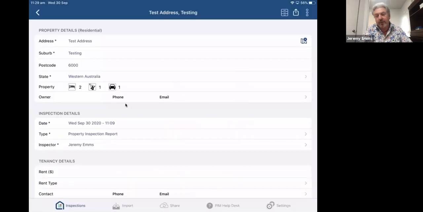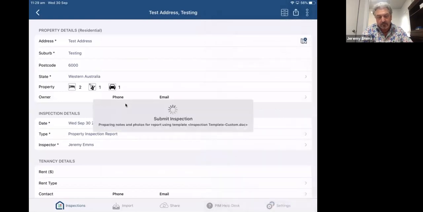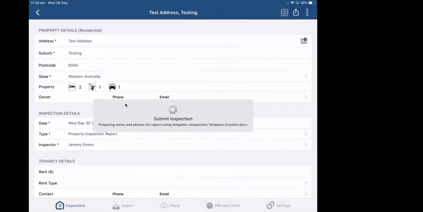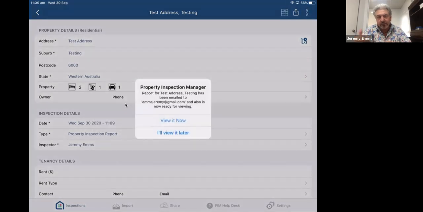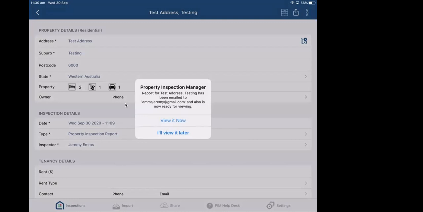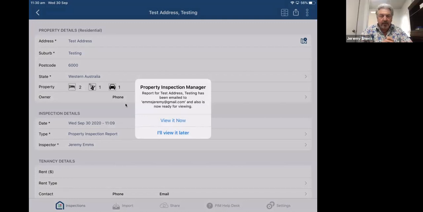So now what I can do is go to the home page with the address details. I can press the action button and I'll submit. And then that will send my completed report back to the email address associated with the account that's in settings. And if you're using a property management system that integrates with Pim, whether it's Cirrus 8, Property Tree, Property Me, Console Cloud, Shintaro, anything like that, it will then push that report back up into the property management system where it can be saved and can be forwarded to the customer or to the landlord.